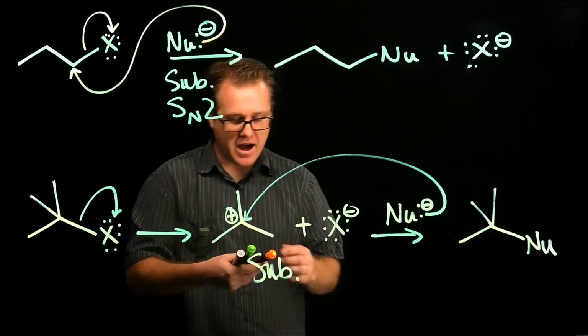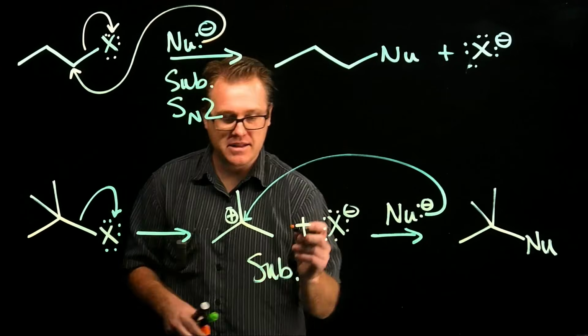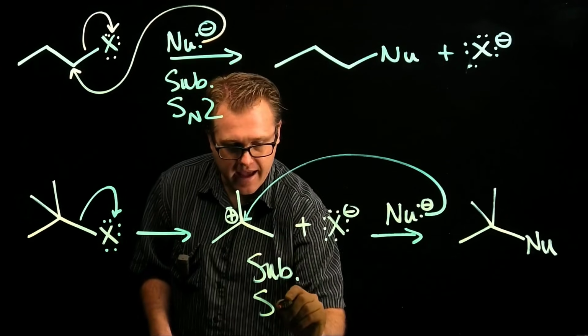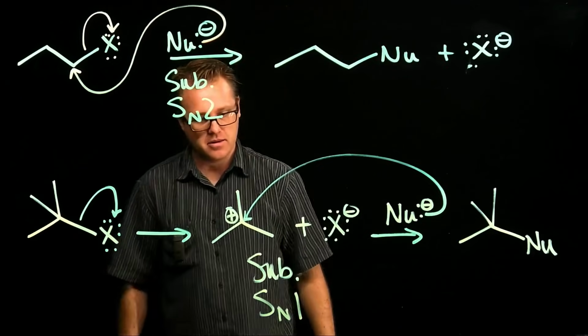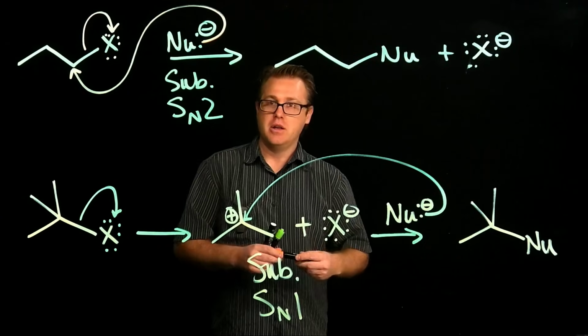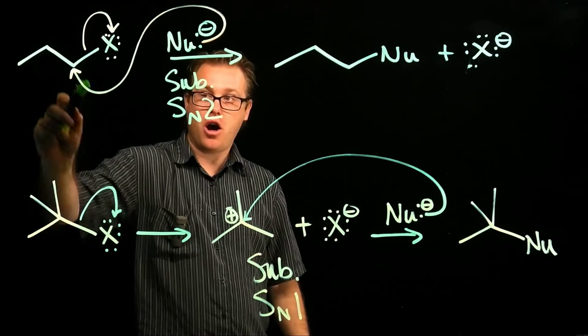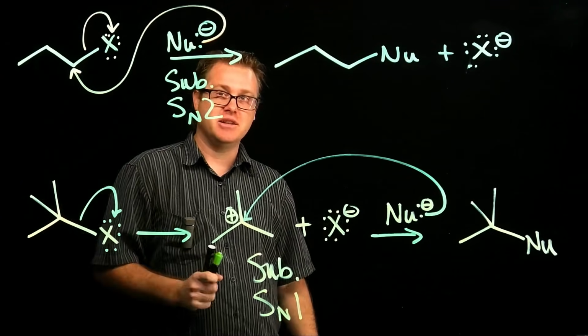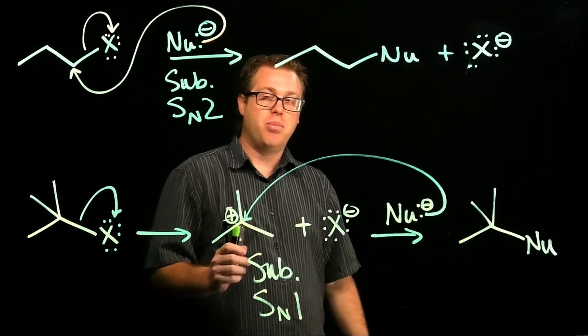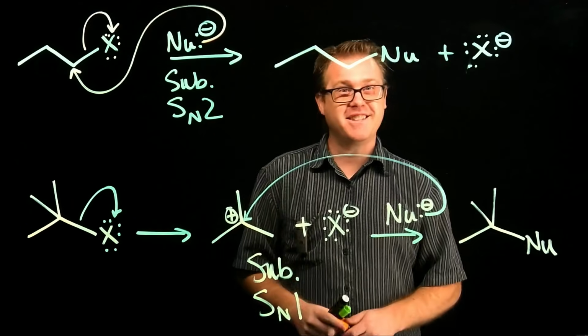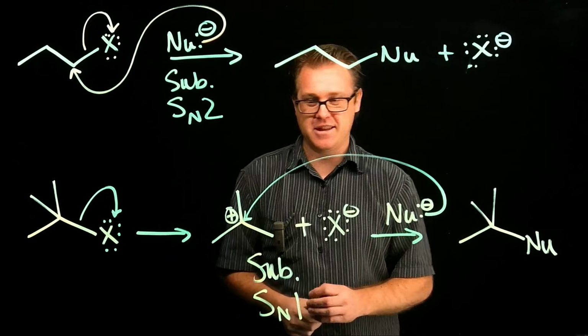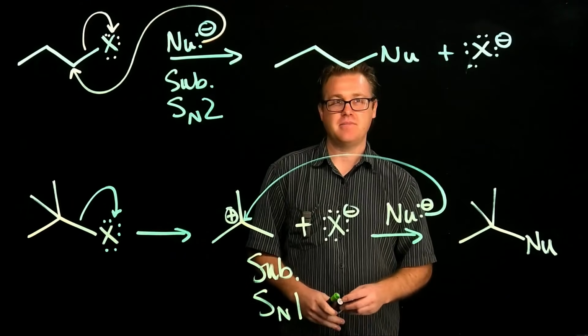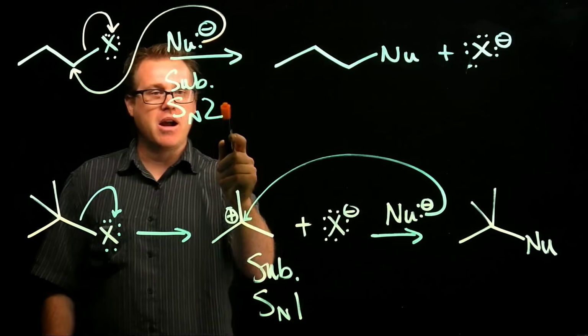So this one on the bottom right here has a name, and that's called an SN1 mechanism. So both are substitution reactions, but the way they occur is different. And that is the beauty of mechanisms. So this name right here,